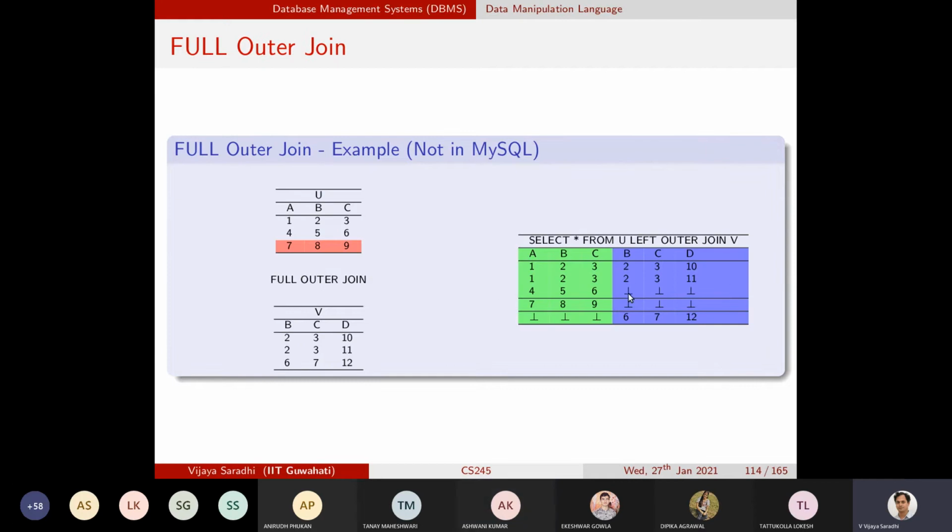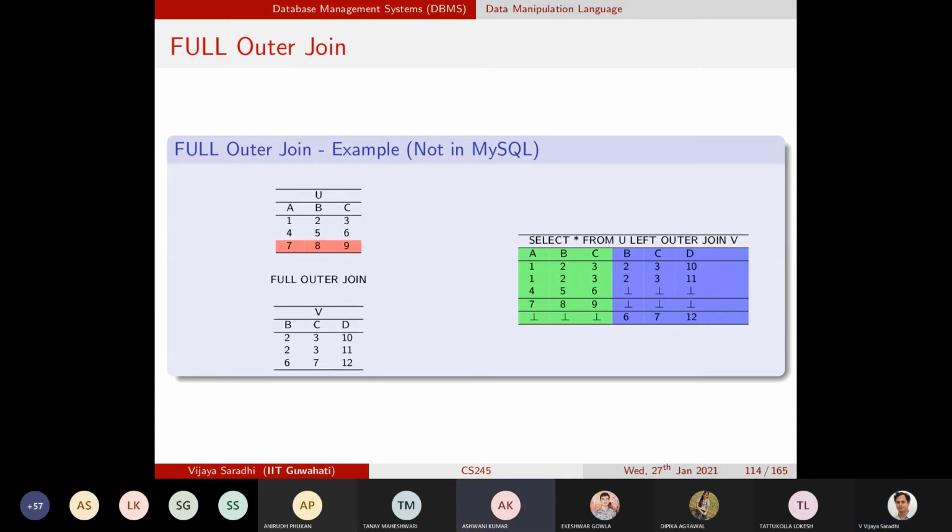So left outer join will retain all the rows of the left table, and dangling records are tied with null values. That is why on the right hand side you have null values. And the result of the right outer join is that it will pad all the columns with null values for the dangling rows. Yes, sir, I got it.